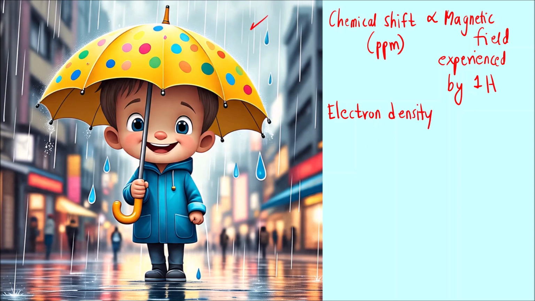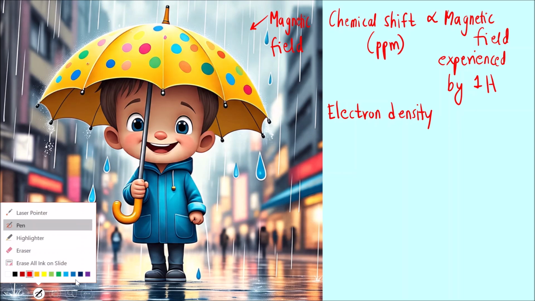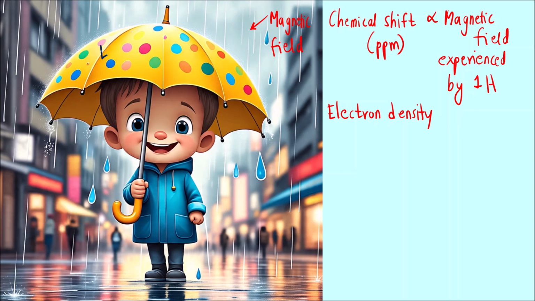So what you can do is imagine the rain as the magnetic field, the umbrella as the electron density, and this boy as the proton or the nuclei. If the electron density is more, what will happen? The magnetic field, meaning the rain, is not experienced that much because it has a larger electron density, or we can say a larger